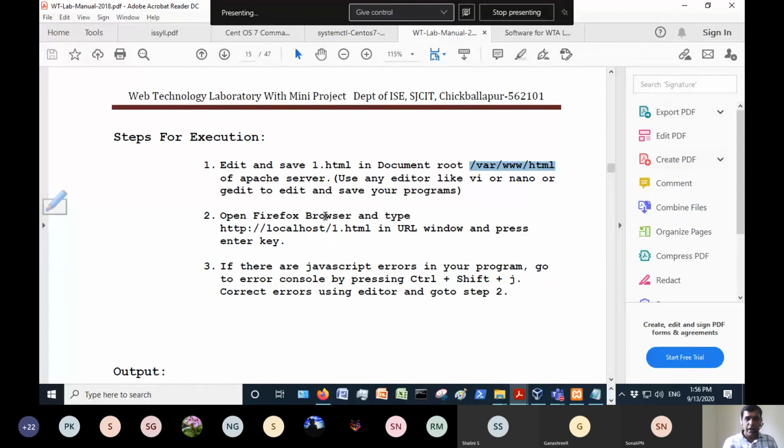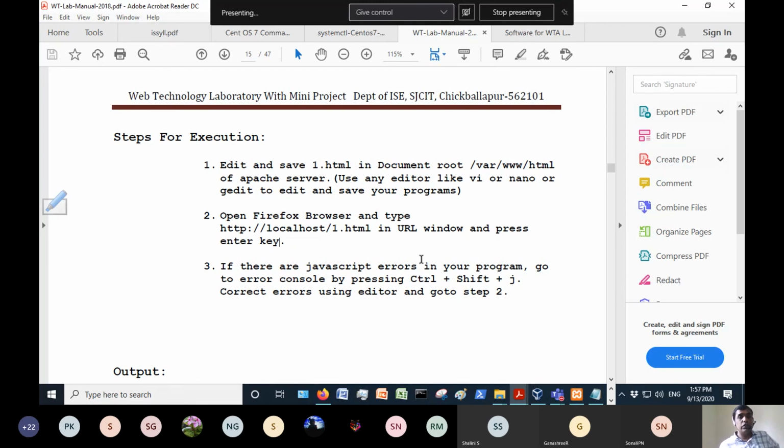Next, in the Firefox browser, you should give http://localhost/1.html in the URL window and press enter. Then if you don't get the output, the third step is important. If there are JavaScript errors, go to the error console or browser console by pressing Ctrl Shift J. Correct the errors using the editor and go back to step 2, where you open the same program in your browser.